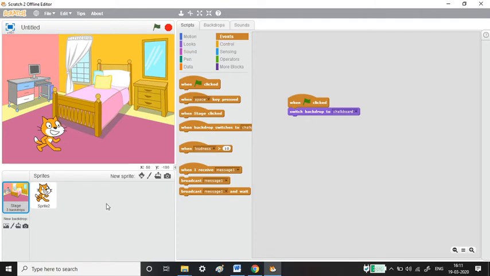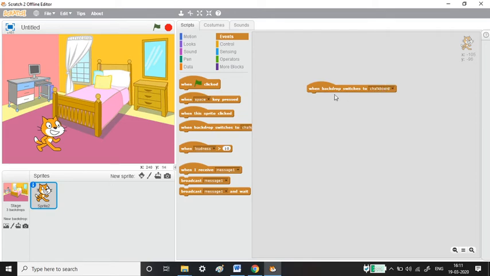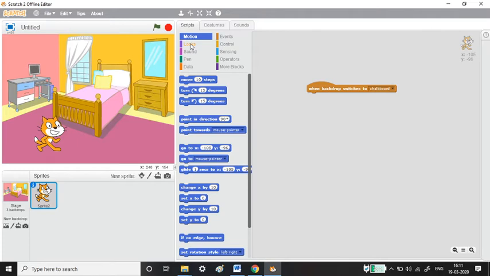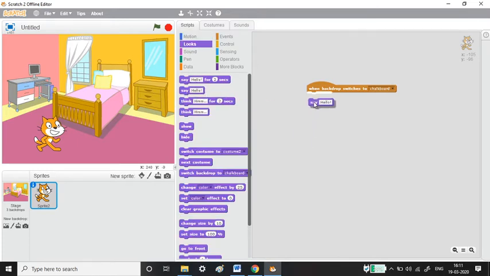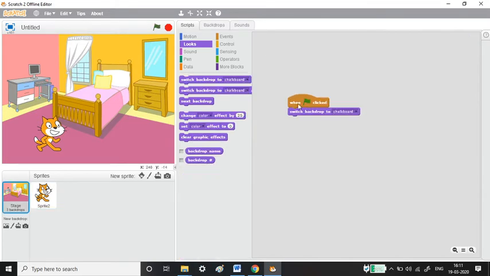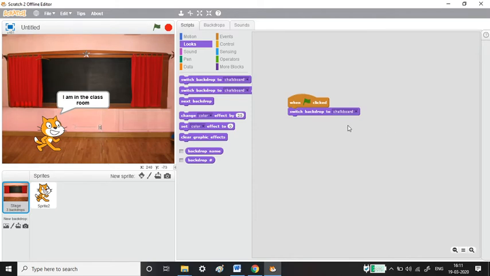After that I'm going to the sprite and taking this hat block: when backdrop switches to chalkboard, I'm asking the cat to say I am in the classroom. Now I'm going to click on this flag because here I have given the flag as the start point. If I click on this flag, it has to switch to the chalkboard and say I am in the classroom.